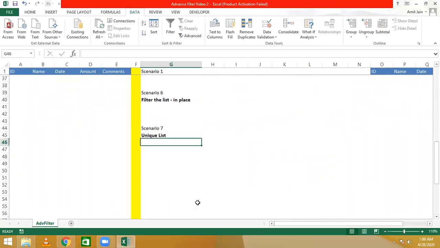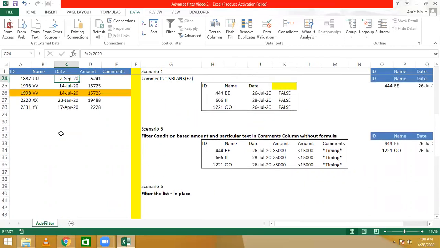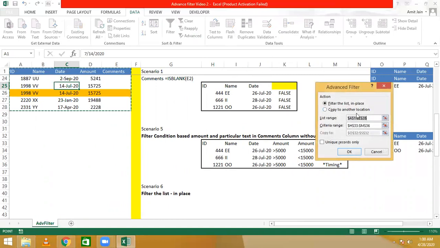And the last one is the unique list. How you can prepare a unique list using advanced filter. For that we will go to data again, click on advanced, and click on copy to another location. List range is fine.